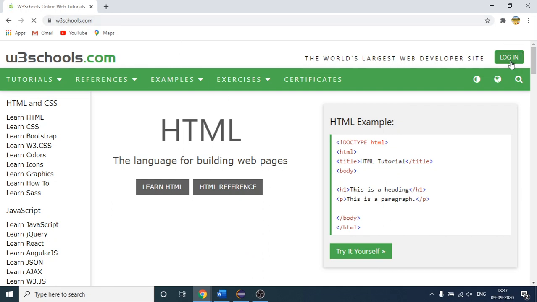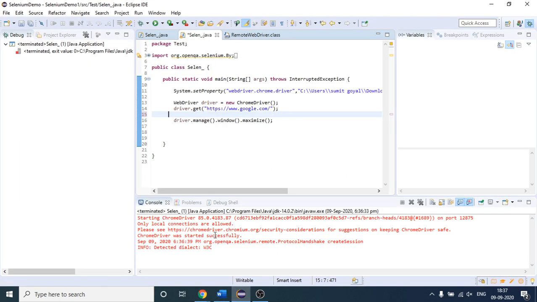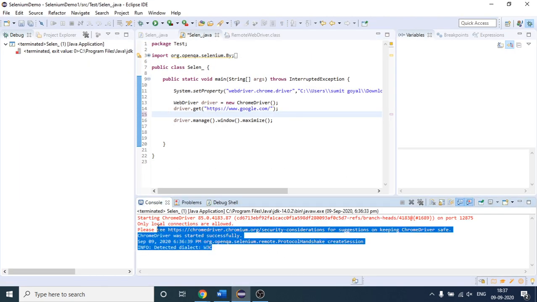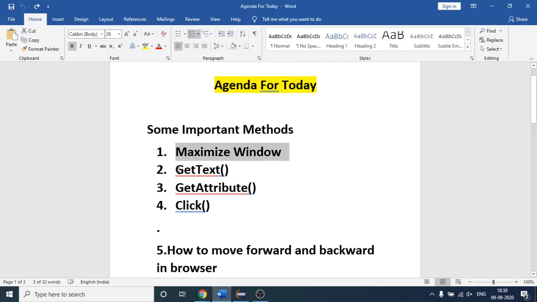So suppose you can see the login button on the right hand side, top of the page. Login is the button, and login is the text. If I have to print that text inside my window, how can I do it? This is the method.